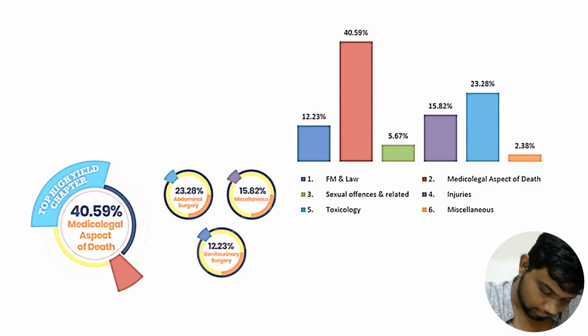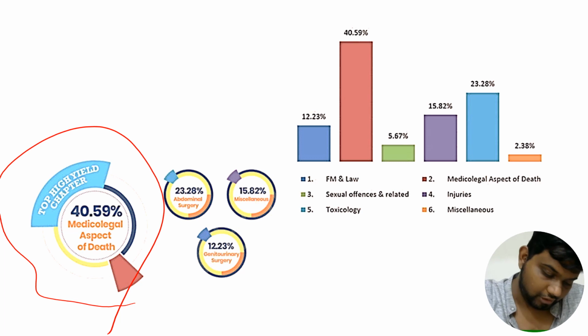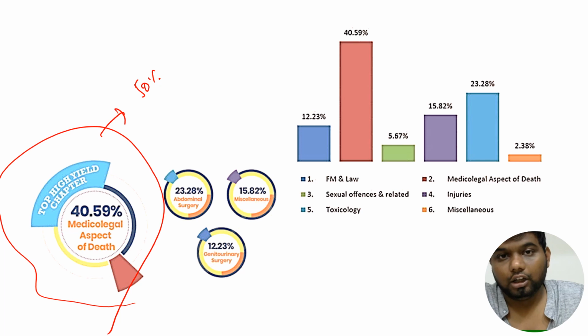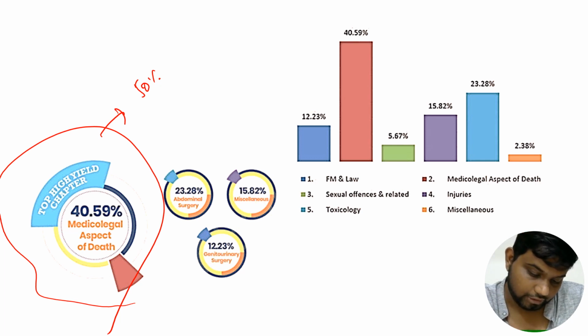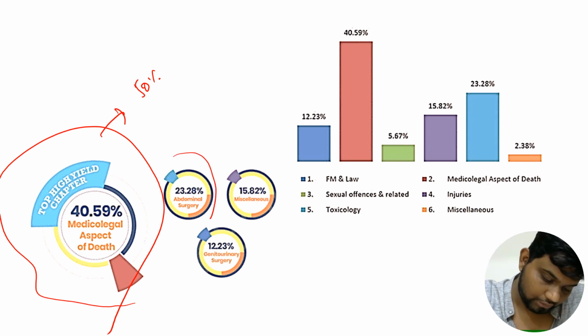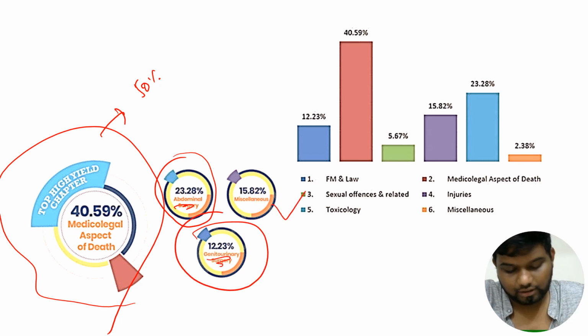Speaking about forensic medicine, the very high-yield topic is the medical-legal aspect of death, where you can expect about 50% of your forensic medicine content. The second most important area is injuries, apart from which you may have to see toxicology. The second most area is abdominal injuries, the third is genitourinary injuries, and then you have the miscellaneous ones. These are the 5 areas you have to remember in forensic medicine.